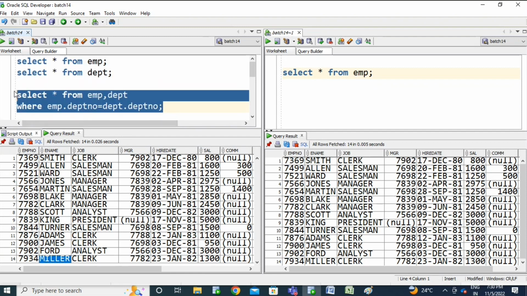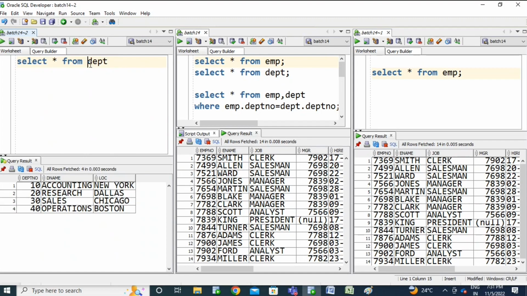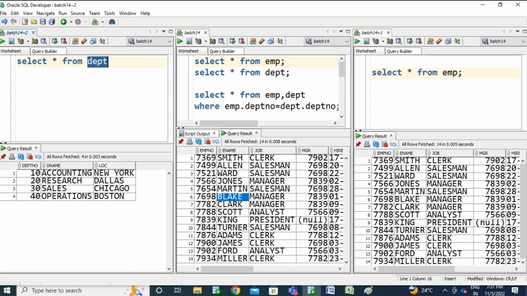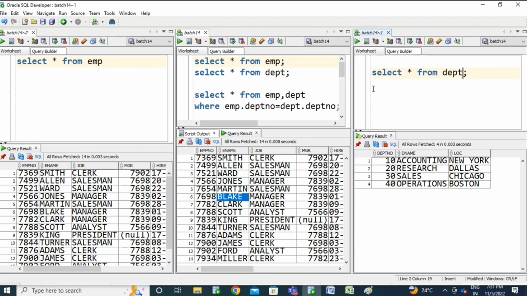So now I'm trying to split into another session and display it. Okay. So now we have this table and you are trying to get 14 records. While displaying this particular record, we are in this way, EMP, and here we need to maintain the DEPT. So which is the left side table and which is the right side table is very, very important. So we are maintaining the left side as EMP and the right side as DEPT.